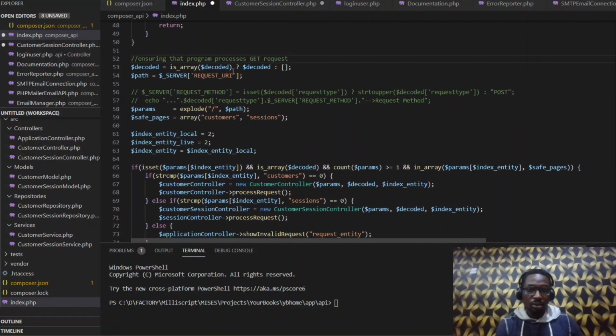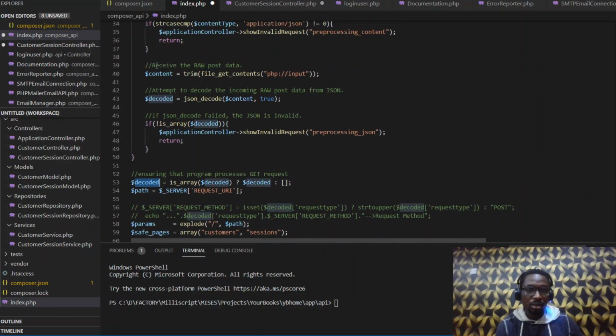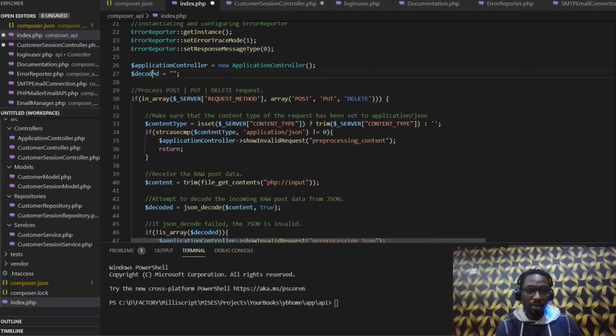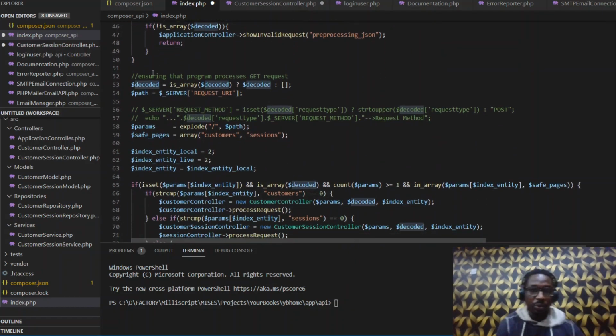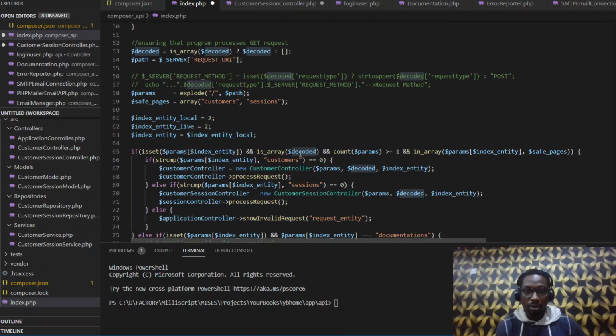Because the decoded data is a variable, I just declared it as a string here, but for me to process a request, it has to be an array, like you see. And there are two types of requests I process: customers and sessions,